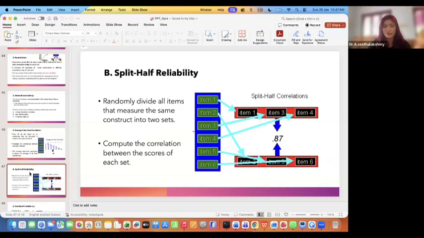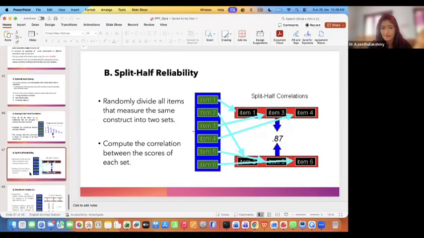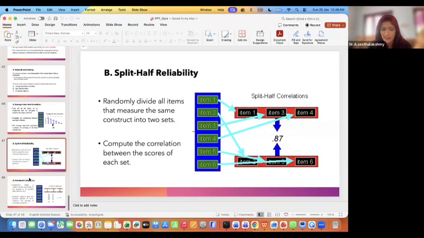The next method: you divide the questionnaire, as I said 50 questions, now divide it into 25 and 25. Now compare the first 25 set with the second 25 set, with the same correlation. I have put it as a diagram itself; you can have a Venn diagram also. If the first half correlates with the second half and the second half correlates with the first half, then very good, your instrument is good in internal consistency with the split-half reliability method. You'll get a value for that when you do it statistically.